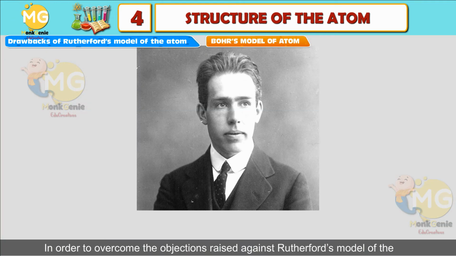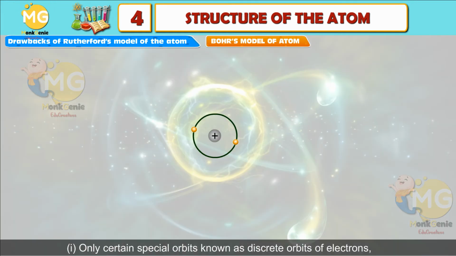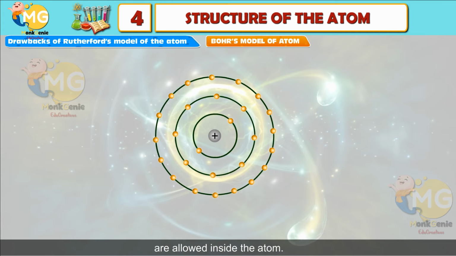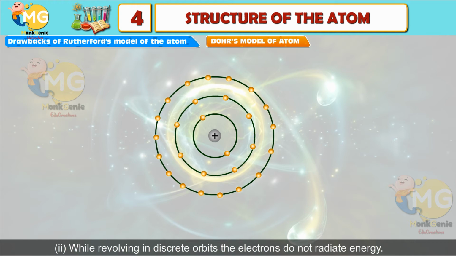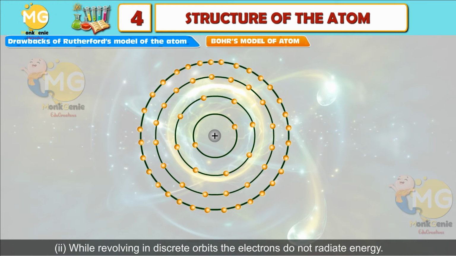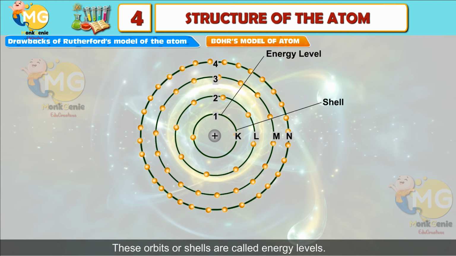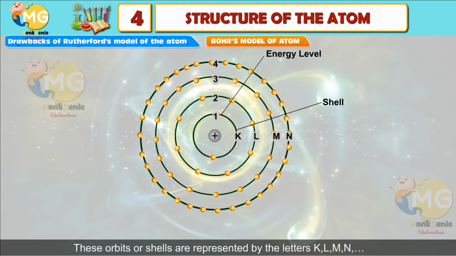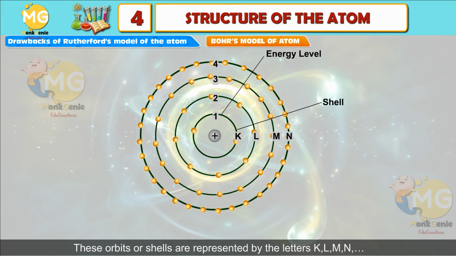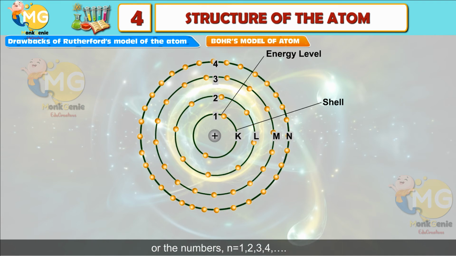In order to overcome the objections raised against Rutherford's model of the atom, Niels Bohr put forward these postulates about the model of an atom. 1. Only certain special orbits, known as discrete orbits of electrons, are allowed inside the atom. 2. While revolving in discrete orbits, the electrons do not radiate energy. These orbits or shells are called energy levels. These orbits or shells are represented by the letters K, L, M, N or the numbers n equal to 1,